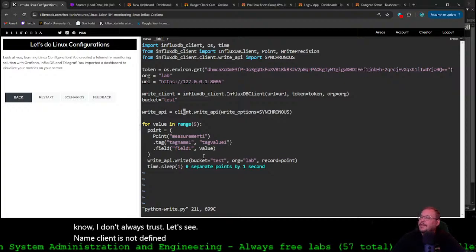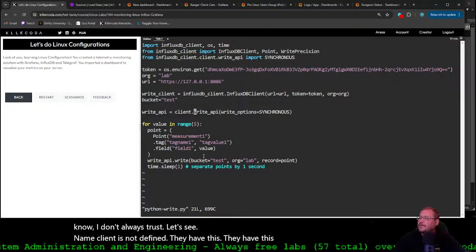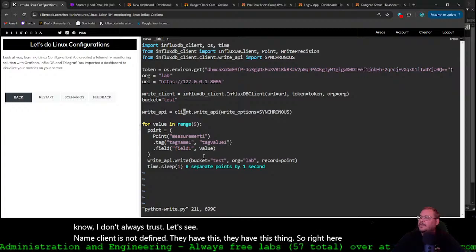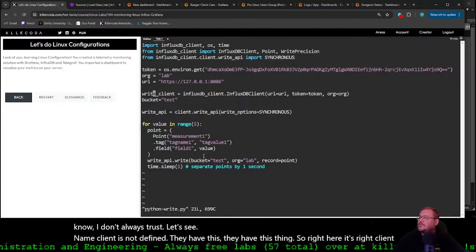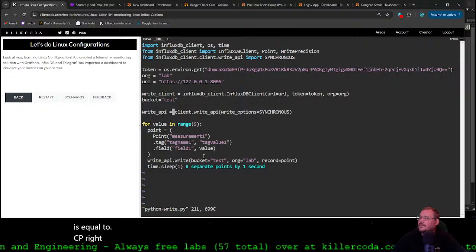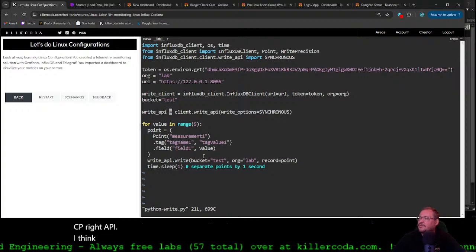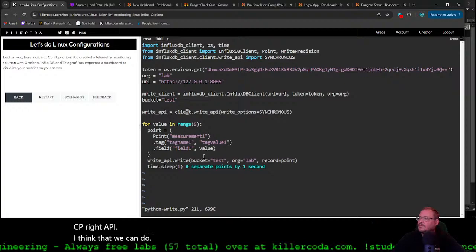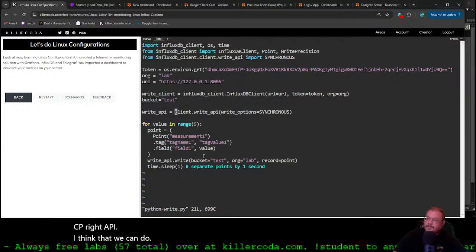Oh, they have this thing. So right here, it's write client is equal to InfluxDB, write API. I think that we can do. Oh, they have an error in their stuff.